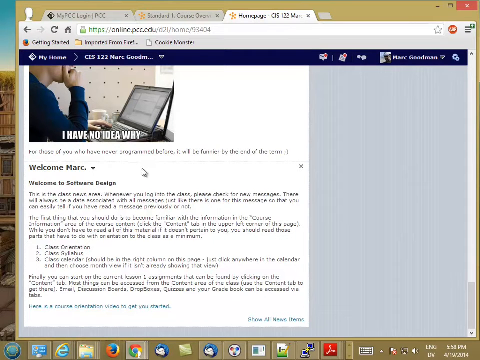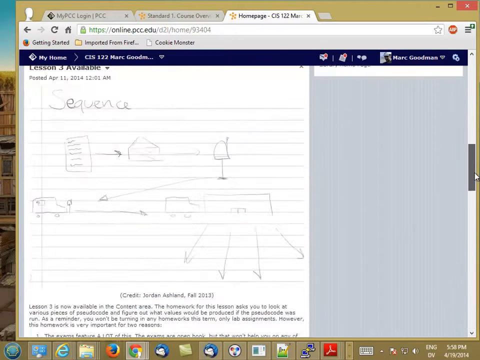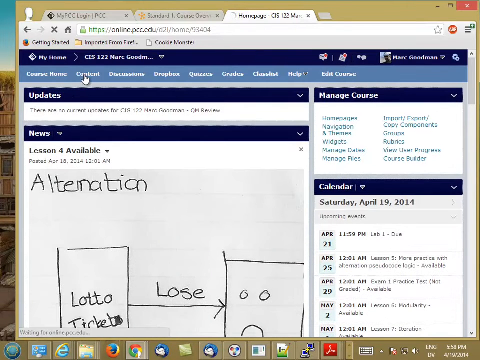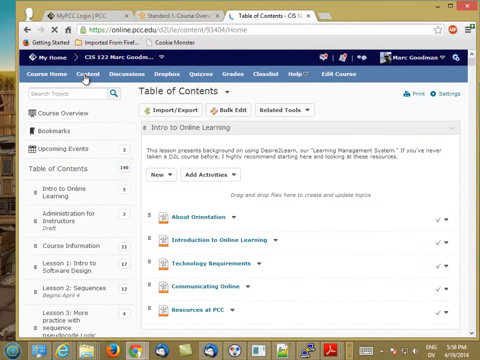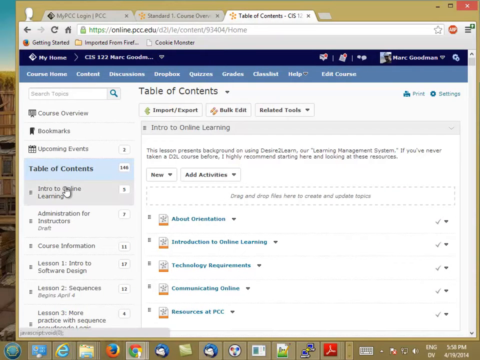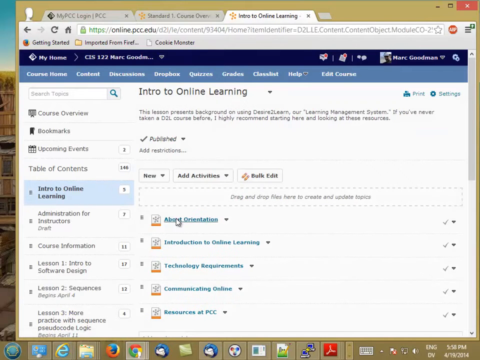So here's an example from one of the courses I teach most often. And on day one, when the student comes to the course, they're going to be welcomed to the course. The news item is going to tell them what the course is about. It's going to direct them to the class orientation, class syllabus, class calendar, and provide a short orientation video to get started. Then they're going to be directed to the Content tab, where they're going to find the Intro to Online Learning module if they want to get started on an online